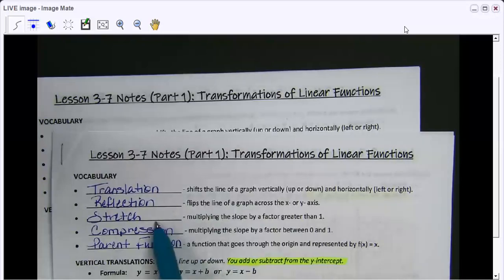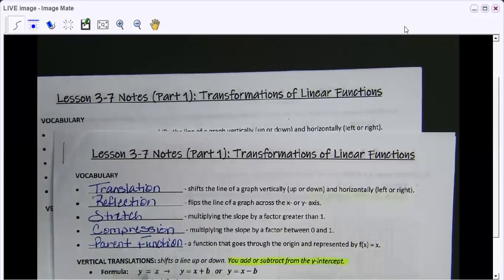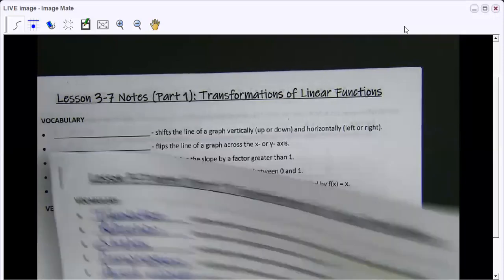And then we have a stretch and a compression, and I will discuss those in more detail when we get there. The last word is a parent function. This is the function that goes through the origin and has a slope of 1. Sometimes I refer to the parent function as the first function that you graph. And then the next functions you graph are the transformations. Okay, so let's go ahead and look at